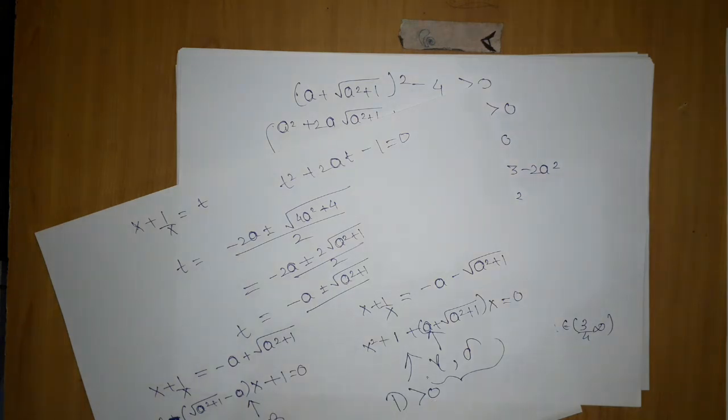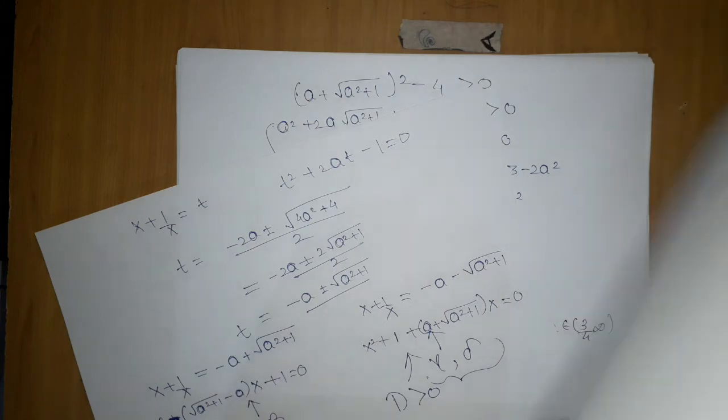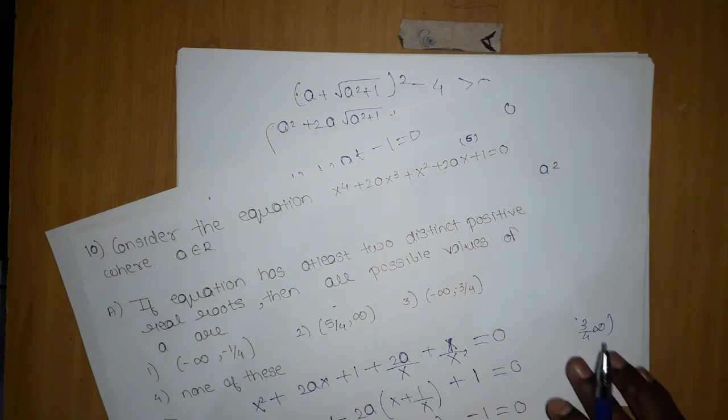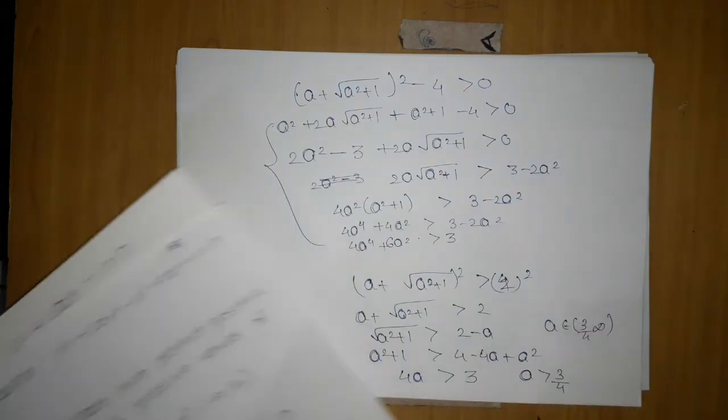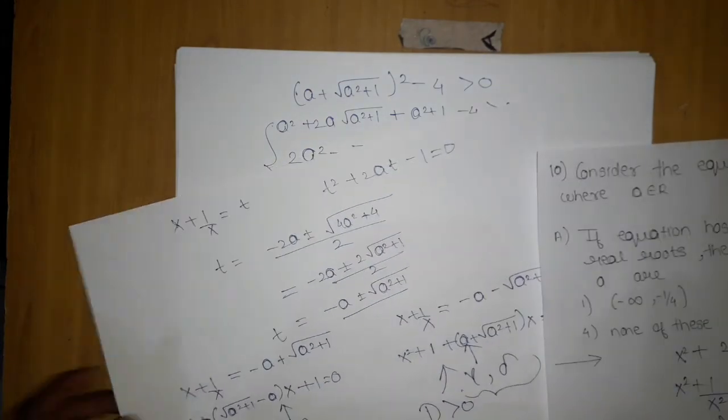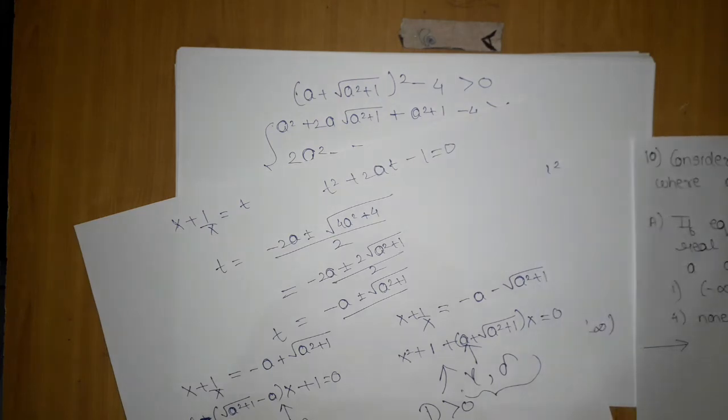For distinct, let's read the question again. The question: at least two distinct positive real roots. Some of the roots should be positive. So here, if I bring this, this will be eliminated, because the roots will be negative. Here we have negative a square under root plus, and here we have positive, both the things, minus a minus, and when I bring that side both become plus. So this thing further on, what do we see?